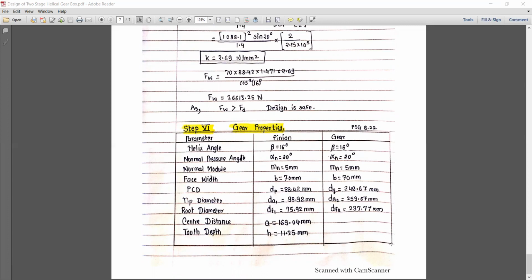Now next, we need to find the gear properties. Using PSG 8.22, you can find different parameters: helix angle, normal pressure angle, normal module, face width, PCD, tip diameter, root diameter, center distance, and tooth depth. You can calculate all the dimensions for the pinion as well as the gear. So I hope you have understood how we can design the gear in two different stages. Design gear based on